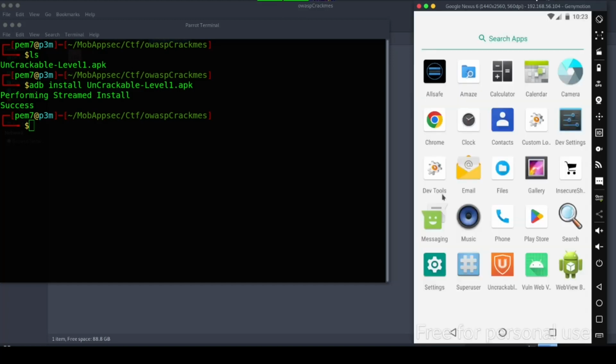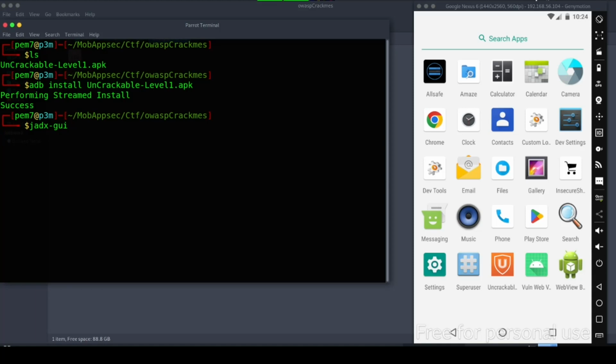So how are you going to bypass that? Now, this is where static analysis comes in. You can know which functions are responsible for this root detection. This is why dynamic analysis and static analysis go hand in hand. There are so many things that you understand by doing static analysis of an application. Let's go back and do some static analysis of this application. We want to know the function that is responsible for this message that is displayed when we open this app. So let's use JADX